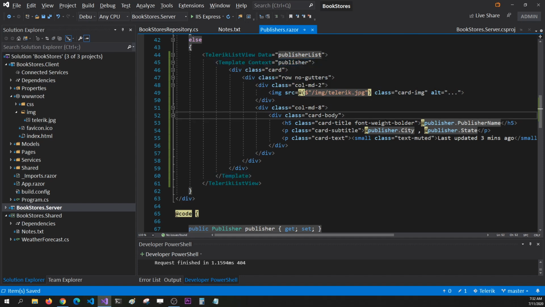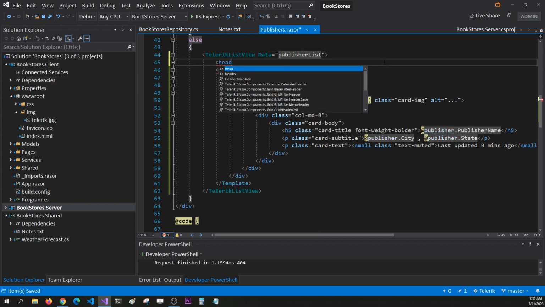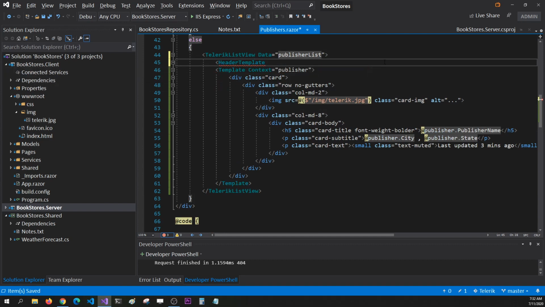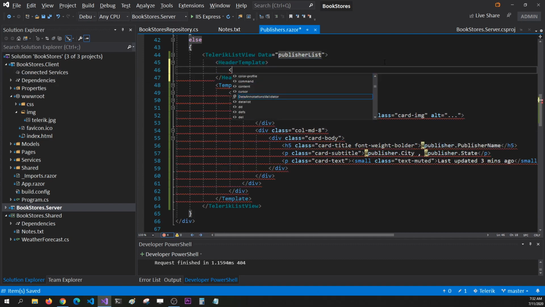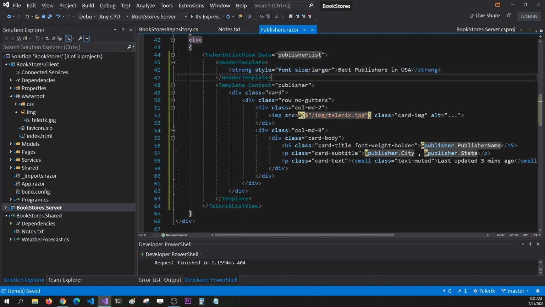You can also use header template and footer template. Header template will show it on top of the list. So I can say that header template, and I can pass a strong HTML element. I can say strong HTML element. I'm gonna set the style to make the font size a little larger so that it looks nicer. I'm gonna say larger, and I'm gonna say these are the best publishers in USA, and I can also have